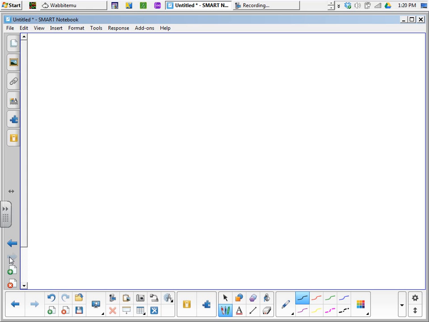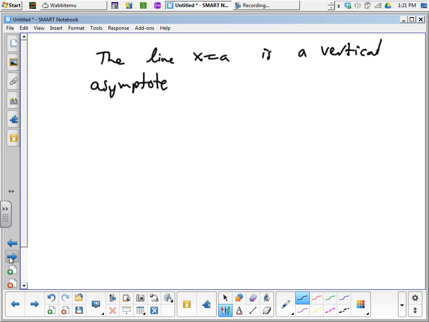Okay? So if you look back in yesterday's notes, we had a statement very similar to this one. It was like the line y equals b is a horizontal asymptote if either limit as x goes to infinity of f of x is b, or if limit as x goes to negative infinity is b. Well, we can write something similar to that today, and that's the line x equals a is a vertical asymptote, which I'll call VA in this class, if either